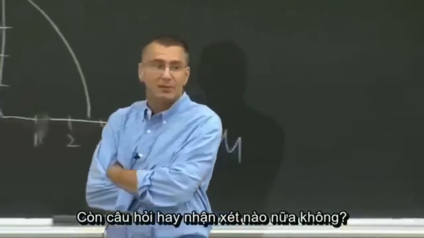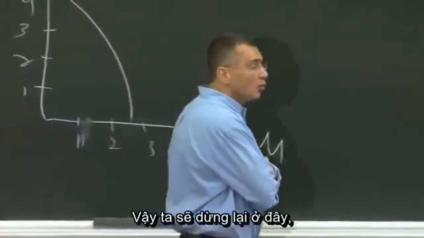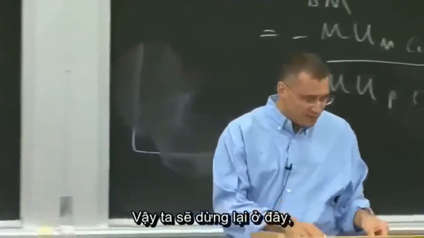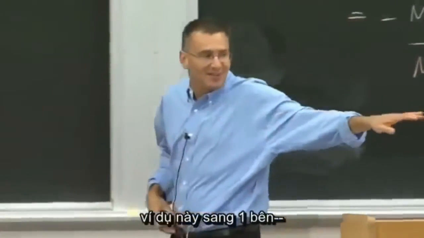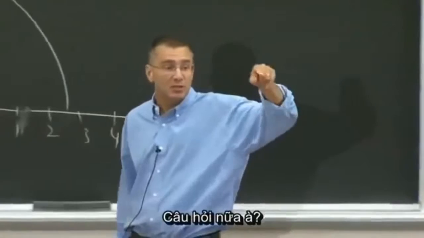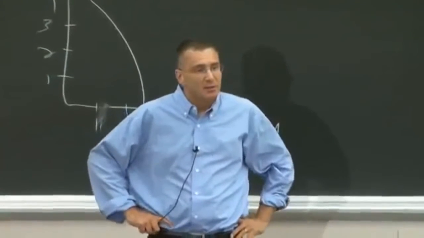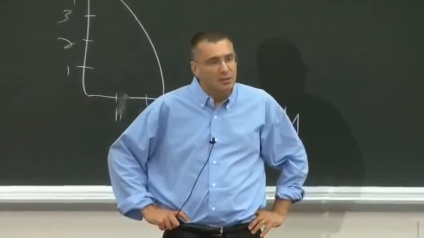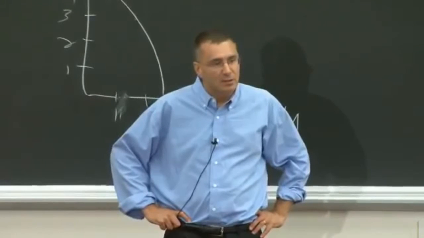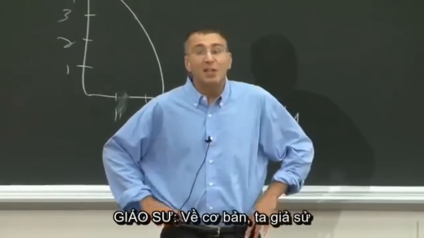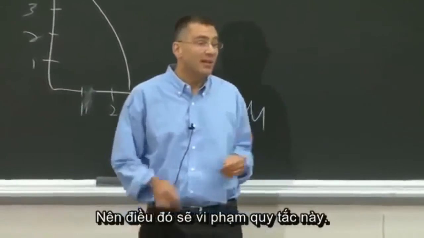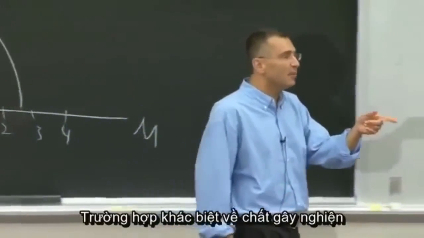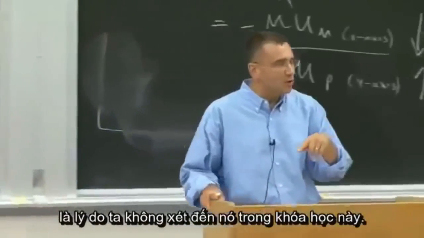Other questions, comments? Okay, so what we're going to do is stop here, with the understanding that, leaving this example aside, we're going to have diminishing marginal rates of substitution. Yes, one more question. Just to follow up on the addiction, what about if it's alcohol, doesn't the utility actually become negative because then you start using too much? Basically, we're assuming by non-satiation that never happens. So once again, that would violate non-satiation. The problem with the addictiveness example is the reason it wouldn't work in this course is because